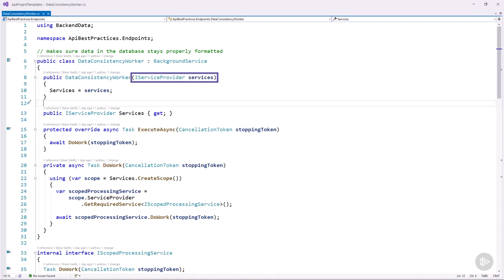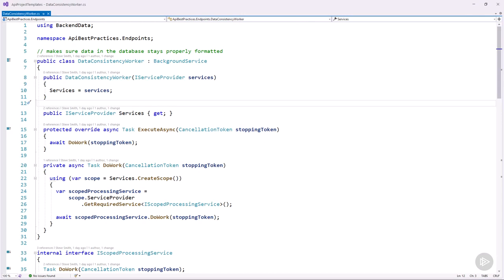So we don't actually request the dependency inside the background service because that background service is essentially a singleton. It's only created once when the application is started, and it will not get created again every time we execute it, right? It just lives for the life of the application. So in order for it to use scoped resources or services, it needs to create a scope itself as part